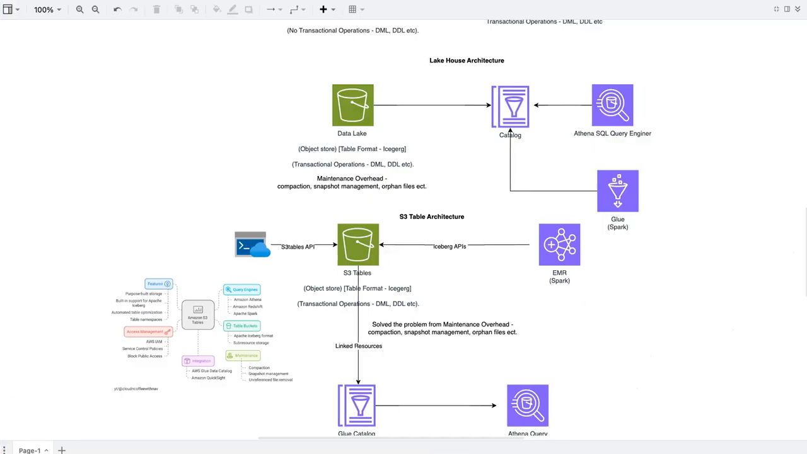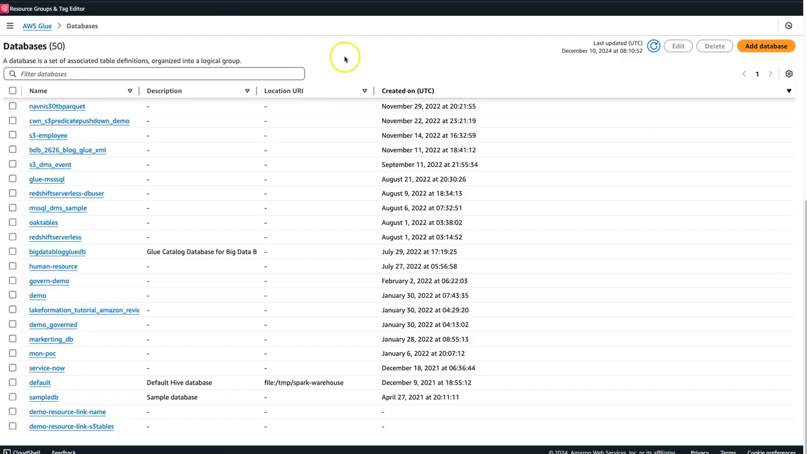So let me go back to my AWS account. Let me log into the AWS account and bring that AWS account to you here. So I have this AWS account. I will be going to S3,